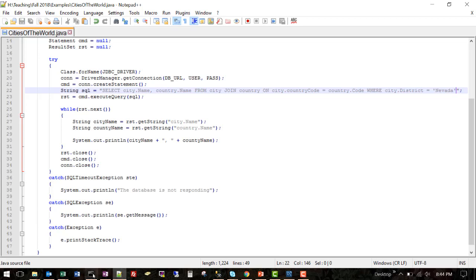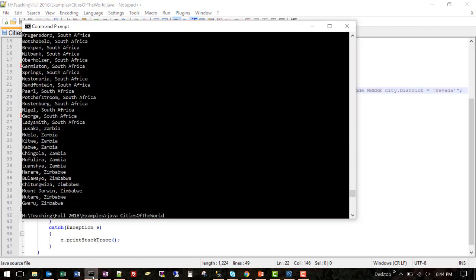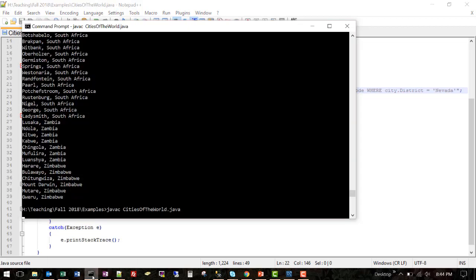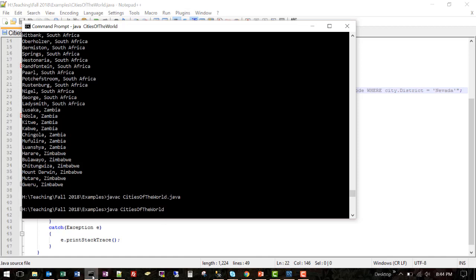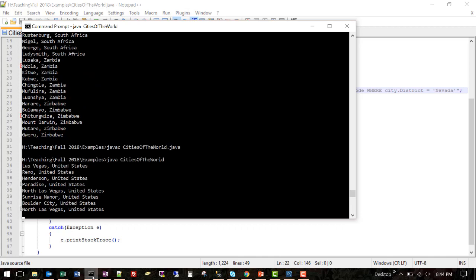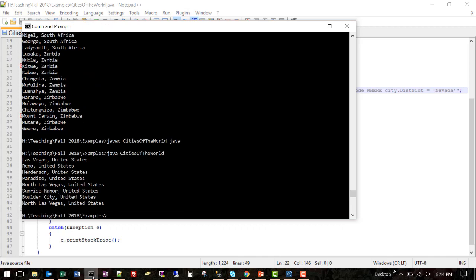Let's save it. We'll compile it again, and now we'll get a much smaller record set where it's going to just show us the cities that are associated with Las Vegas. Now, one of the things you'll notice, and this is in many ways because I've used this database previously, is